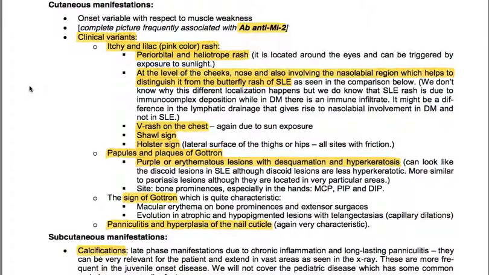We have evolution into atrophic and hypopigmented lesions with telangiectasias, so capillary dilations. We have panniculitis and hyperplasia of the nail cuticle, which is again very characteristic. Subcutaneous manifestations